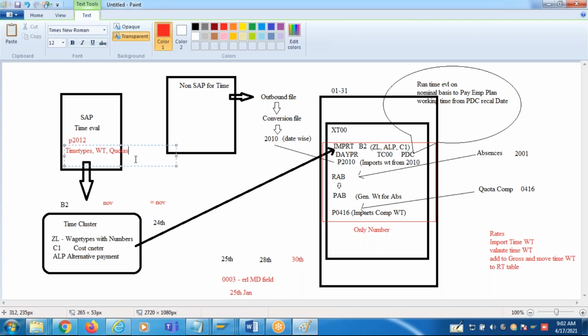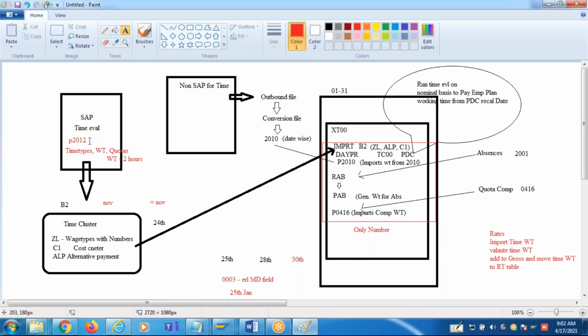Let's say overtime is generated with 2 hours. Now I want to increase it for one employee, or I want to reduce it or replace it. Increase, reduce, or replace the values generated by time evaluation in time types, wage types, quotas.